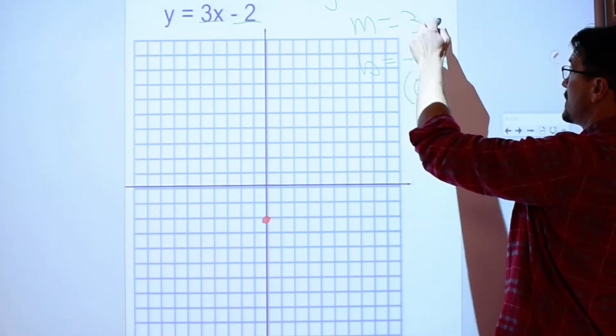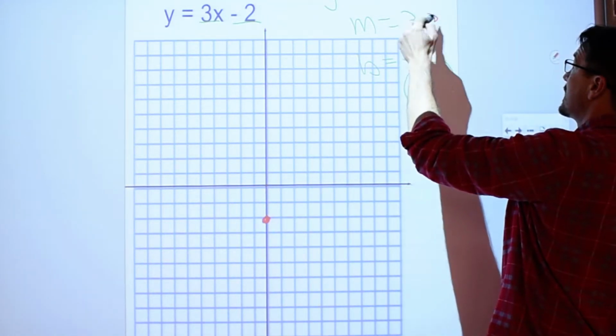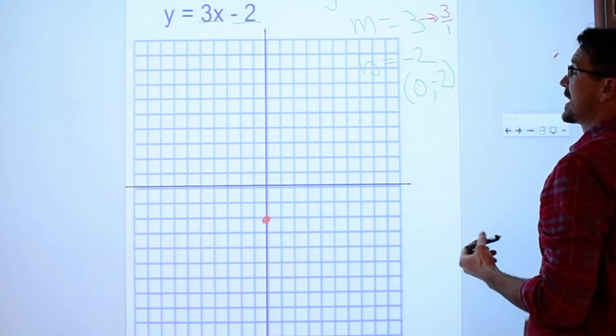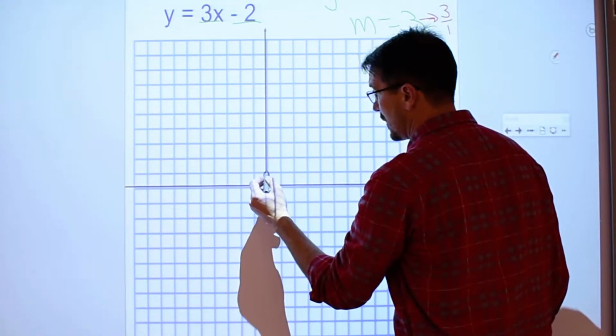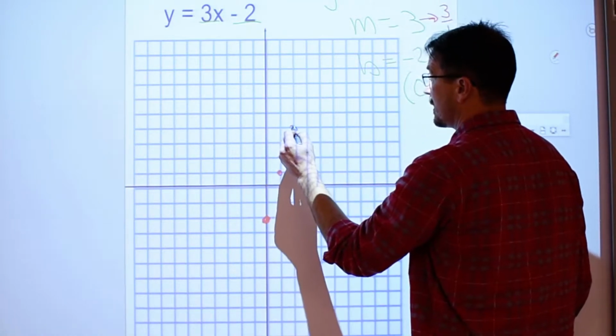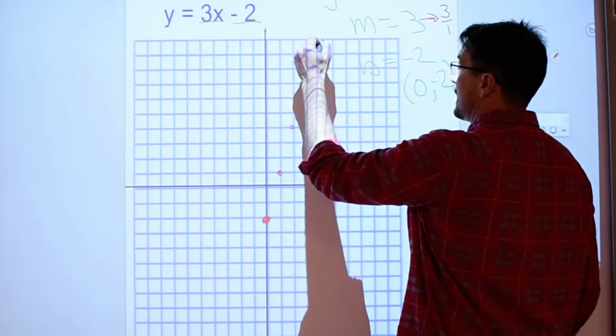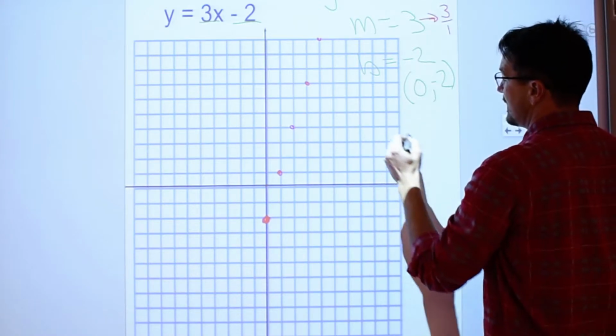My slope is 3, which means that it's going to be 3 over 1 as a fraction. So I'm rising 3, 1, 2, 3, run 1. Rise 3, run 1. Rise 3, run 1. And the opposite of that would be -3,